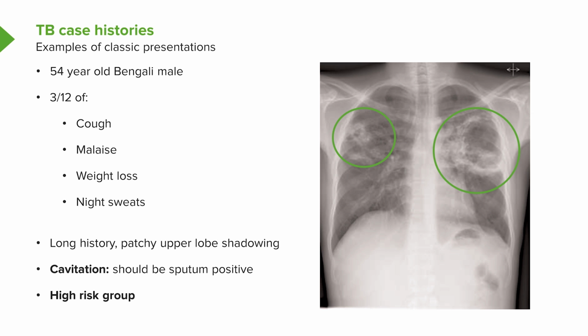And given the man was born in India, this is almost certainly going to be tuberculosis because he's from a high-risk group with a very classical presentation of what pulmonary tuberculosis looks like. And his sputum should show acid-fast bacilli because this is a high bacillary load, high bacterial load disease.